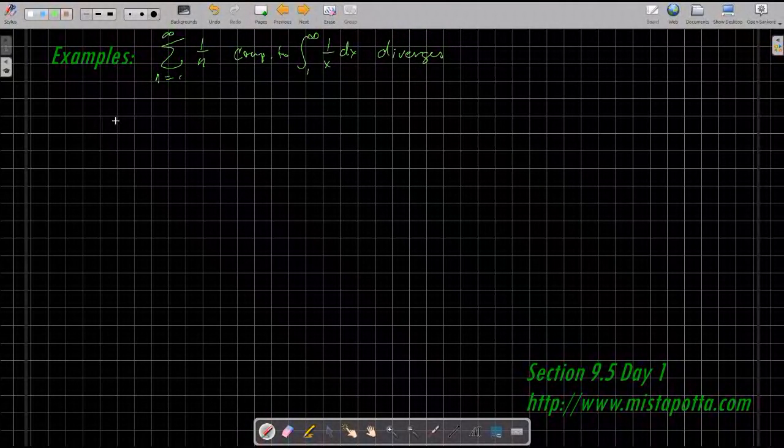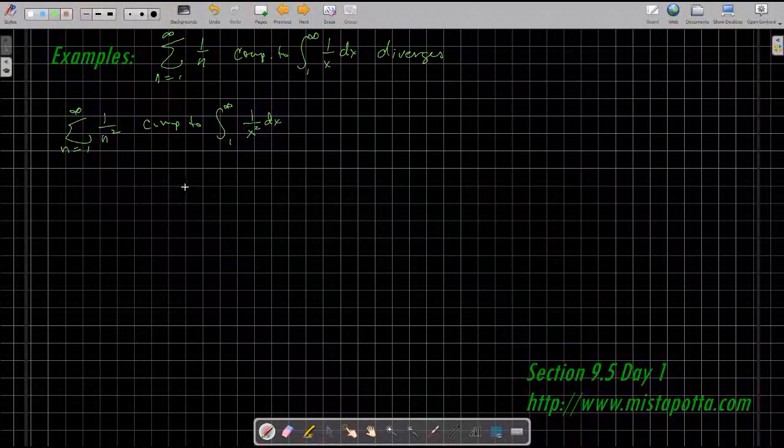But if I was to take a look at the sum of 1 over n squared as n goes from 1 to infinity, I would compare this to the integral from 1 to infinity of 1 over x squared